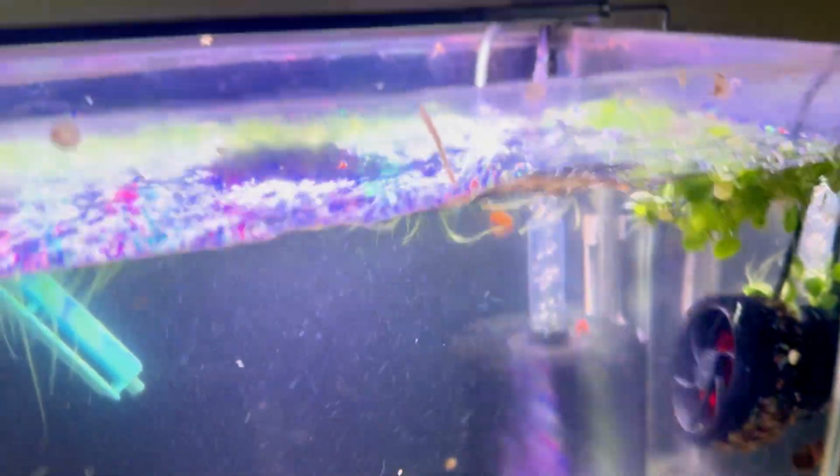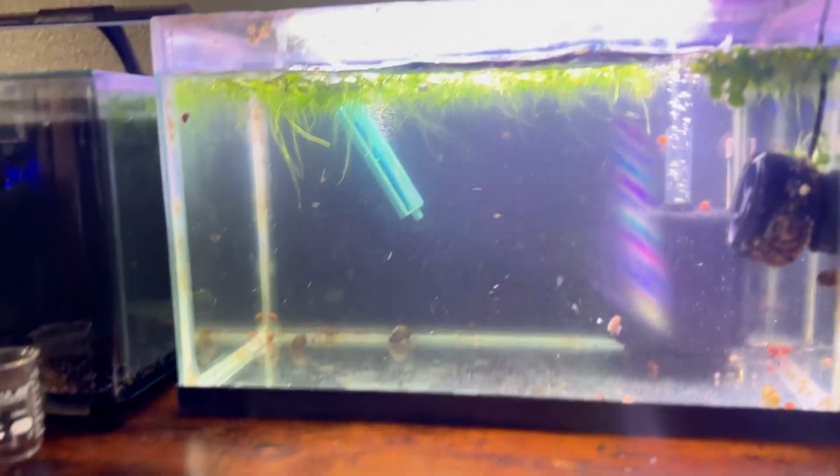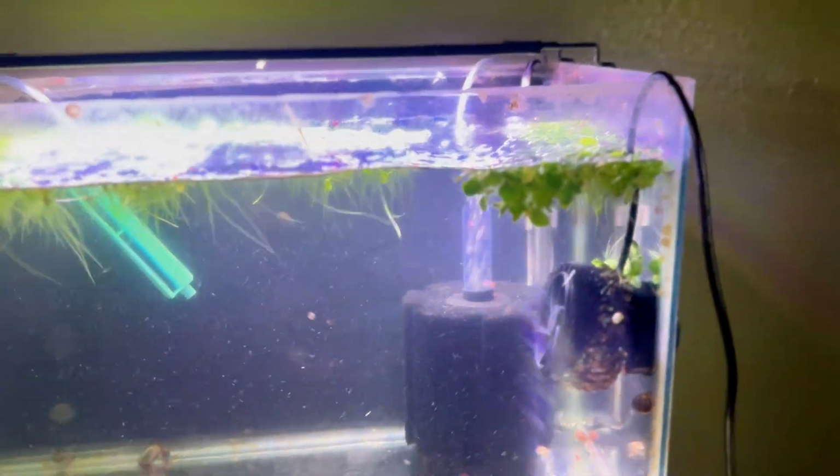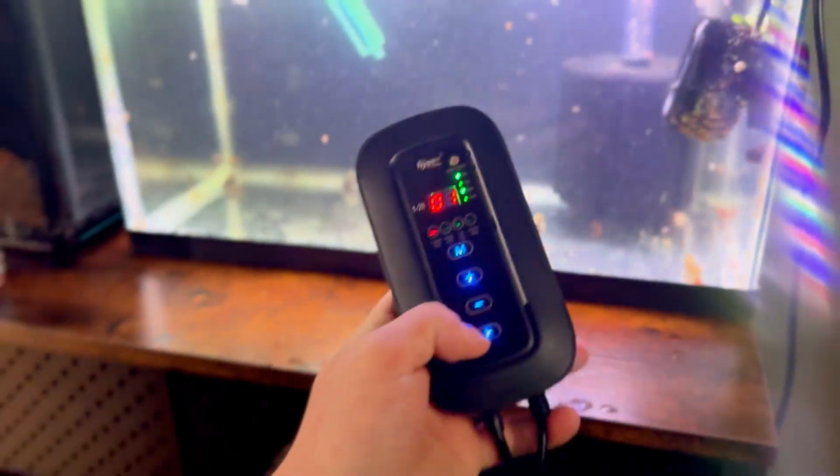What's crazy too is how quiet this thing is. Silent but deadly to detritus. You know, some of it's probably coming off the sponge filter, but a lot of that was sitting on the bottom. Now let's take a look at one more setting on here, guys, that I haven't mentioned, and that's the